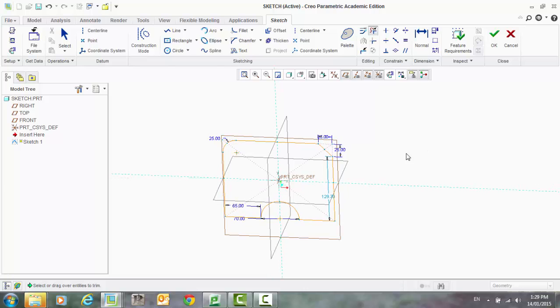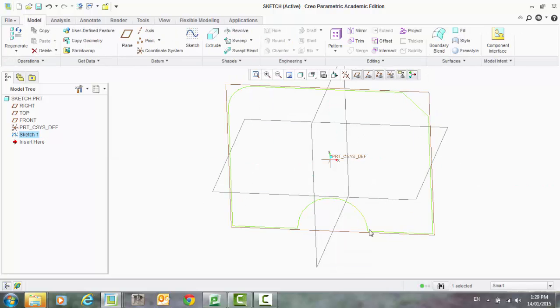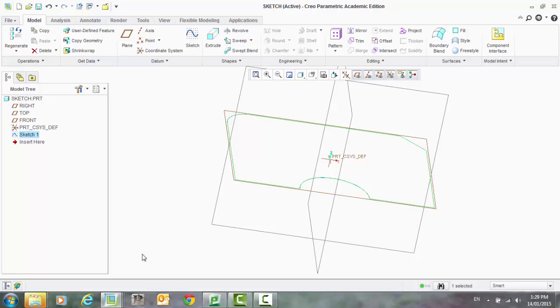Once you're happy with that, I think that's all we'll do for now. Once you're happy with your sketch, in the top right corner, select OK, and that will finish off that sketch for us. So that is a bit of an introduction to Creo Parametric, and that is just a basic